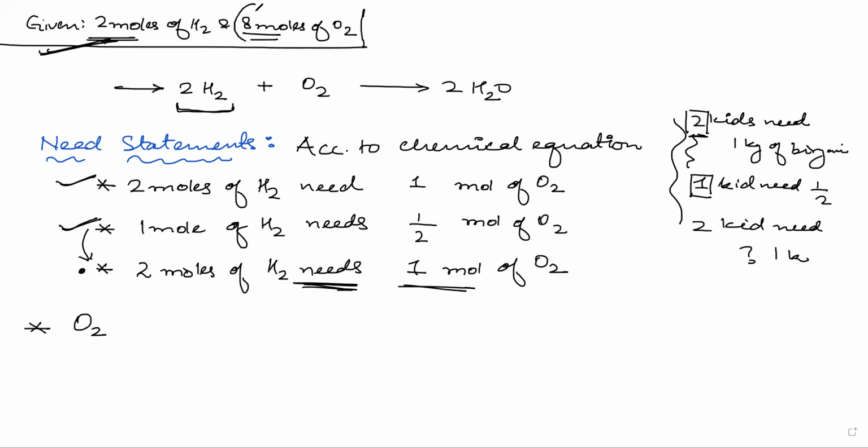So this much is how much we have. You have 8 kg of biryani, right? And you need how many kgs of biryani? Only 1 kg, na? Similarly here also, you need only 1 mole of O2, but how many moles of O2 do you have? 8 moles. So tell me, we have O2 more than needed or less than needed? More than needed. Very good.